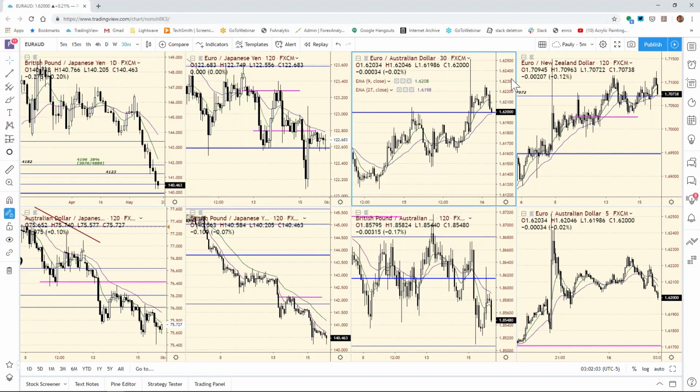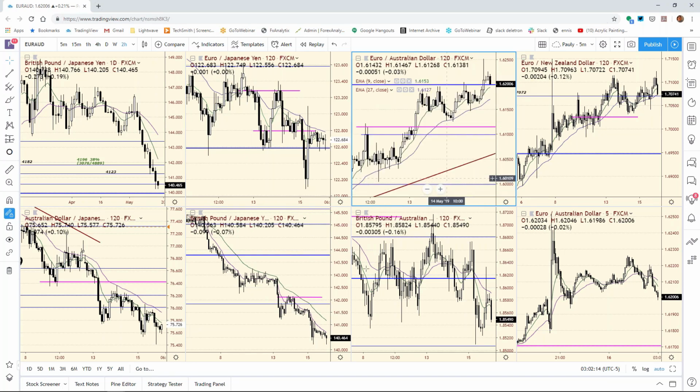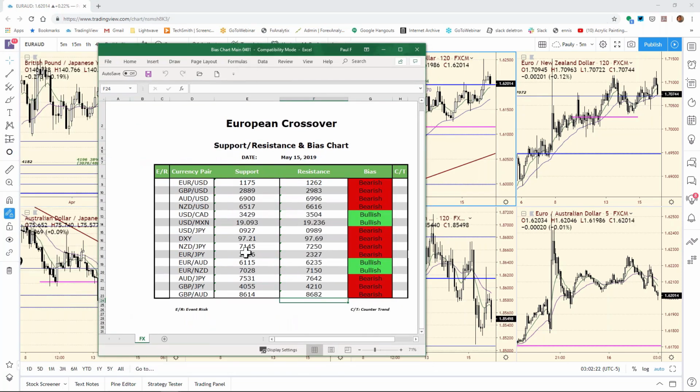You can see here that the euro odd made up in here. Remember, we had our bias chart resistance at 62.35. We did make it up as high as 62.51, and now we've come off quite a bit from that area. But remember here with the euro odd,